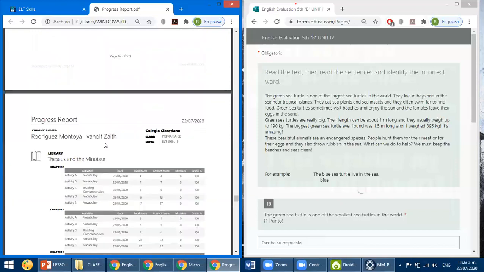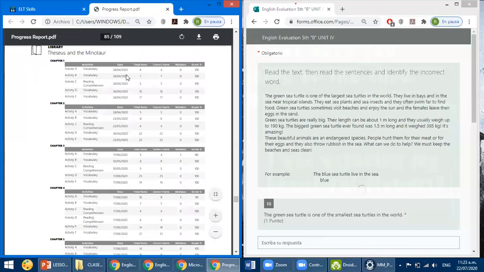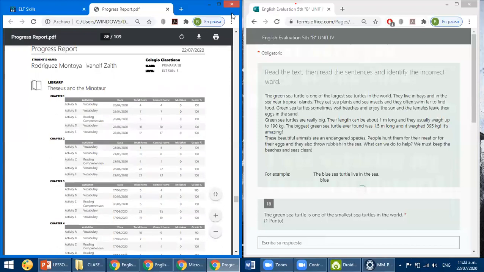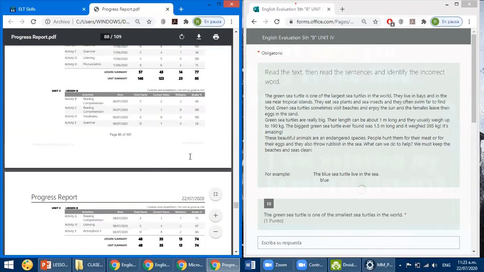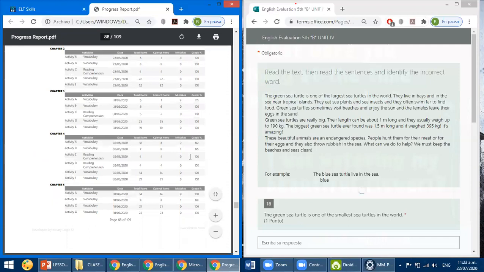Ivanov, please. Ivanov. Sí, profe. You finished the evaluation. Good. But Ivanov, now please, enter to your platform. Finish the chapters. Okay. No has terminado todavía el capítulo 6, 7 y 8. ¿Ves? No está puesto. Ya, profe. Y es justo lo que voy a bajar para ver las notas.